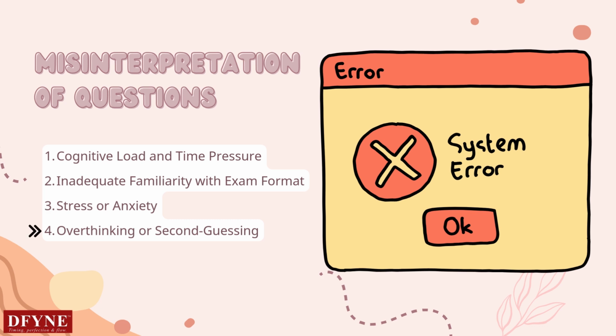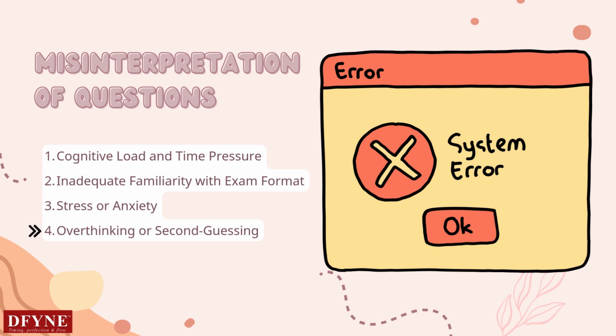Now, overthinking and second-guessing is also another reason. Some learners might overthink straightforward questions and misinterpret them by adding complexity that isn't even there. For example, they might assume a question is trickier than it is and start searching for hidden meanings that lead them away from the correct answer. After reading the question and selecting the answer, learners might also second-guess themselves, leading to confusion and the potential for